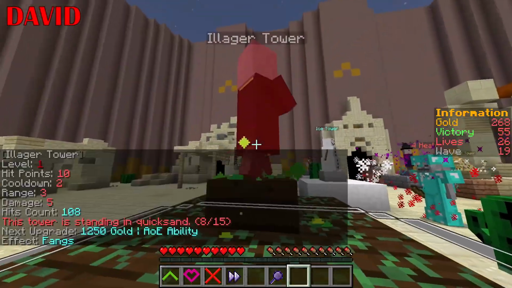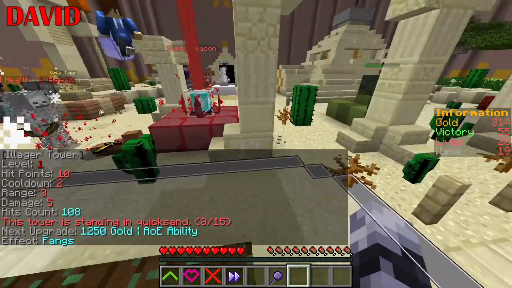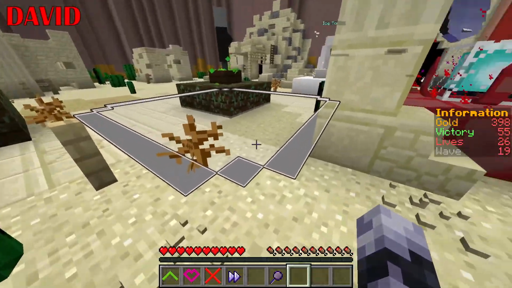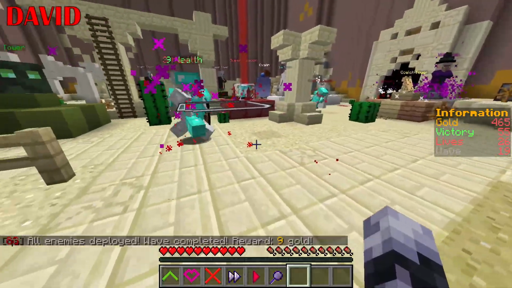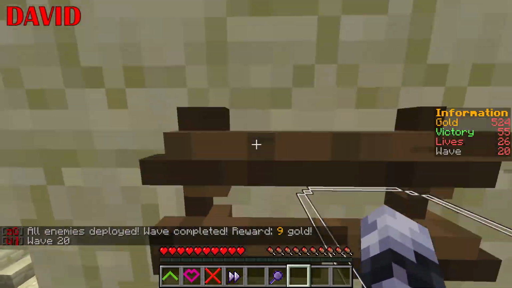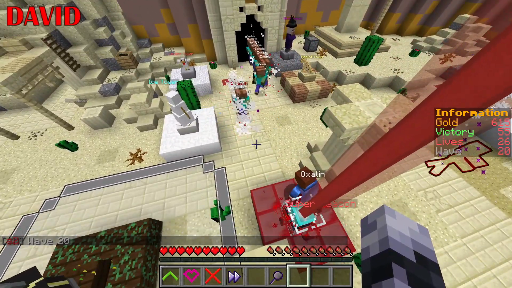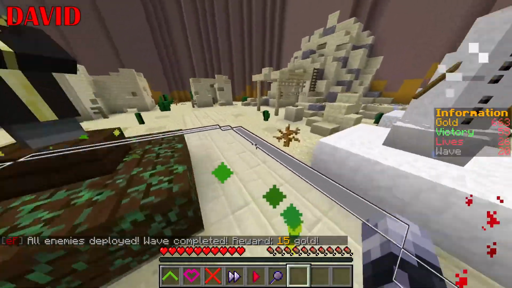That was a small wave. This illager is on 8 out of 15 for the quicksand. I feel like it's been around more than 8 waves. Oh no, maybe it has only been 8 waves. It was probably around wave 11 we bought it. Yeah, it would have been, because it wasn't too long before we're expecting the other path to open. Which makes me think we're on wave 20. We might want to start prepping for wave 25. Yeah, which I'm fairly sure is going to be...